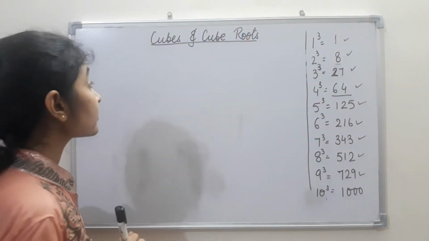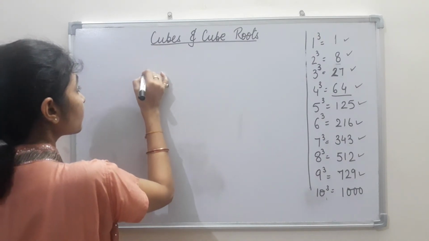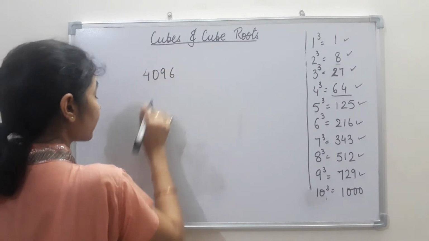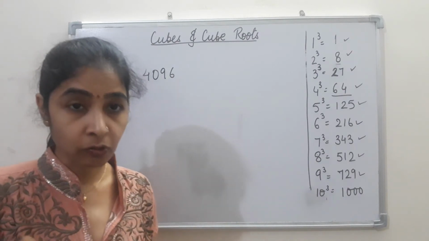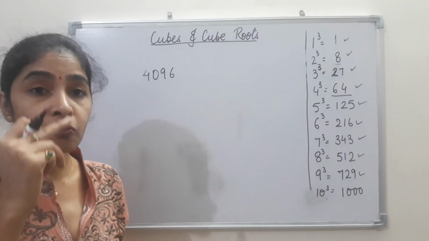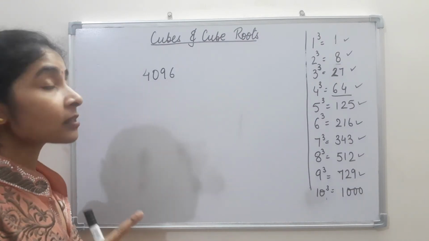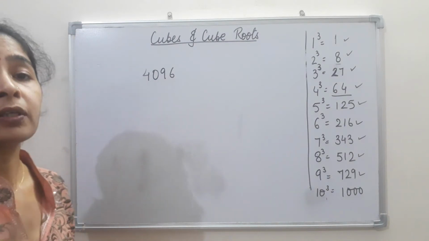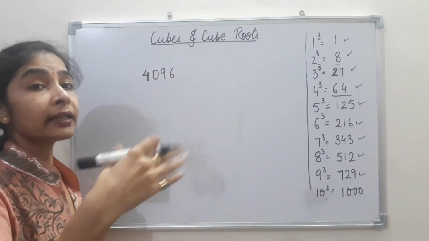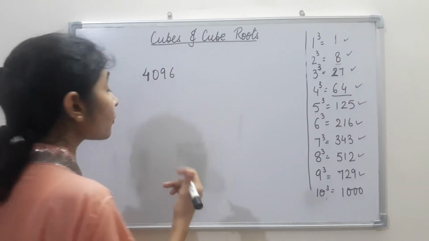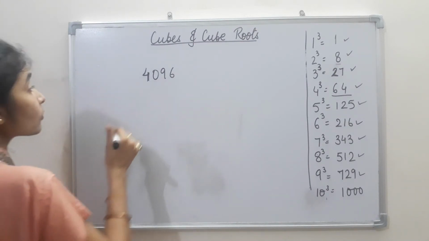So now let us start with the prime factorization method of finding out the cube root of a number. Suppose we are supposed to find out the cube root of 4096. Now in square roots we used to make pairs of the prime factors, and for one pair we used to take one number. But here we are supposed to put them in triplets because we are finding out the cube root of a number, so it should be expressed in the form of n into n into n. So for every triplet we will take only one number. So, finding out the cube root of 4096.